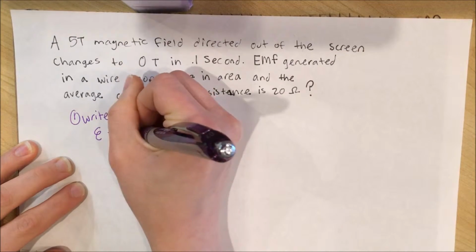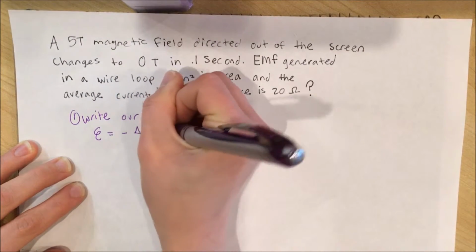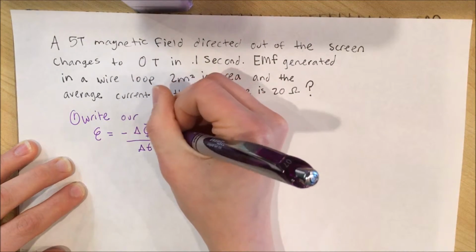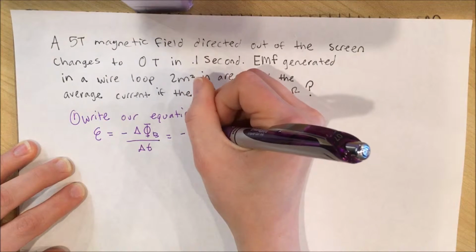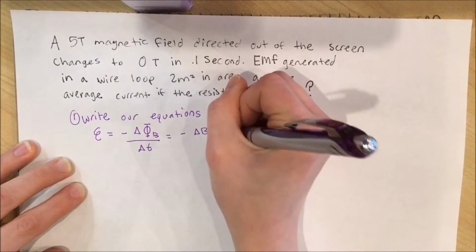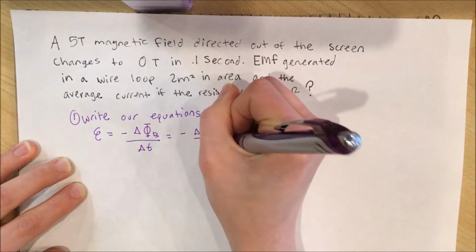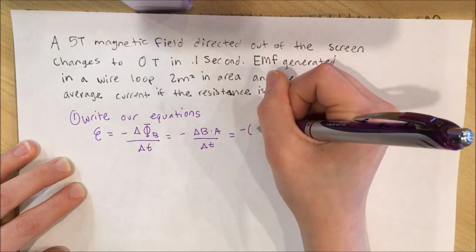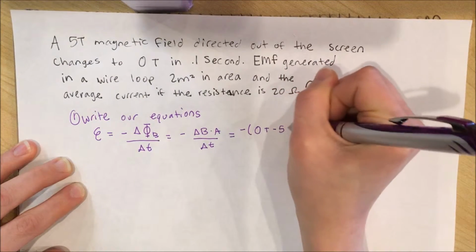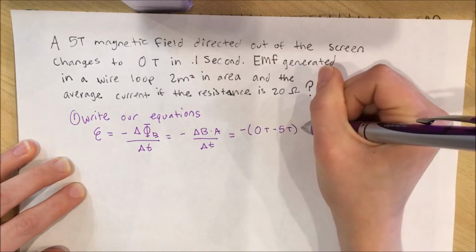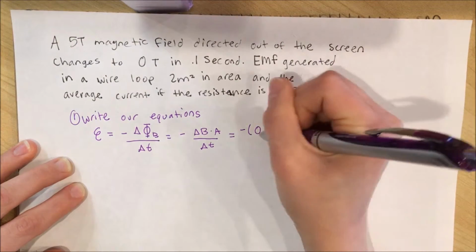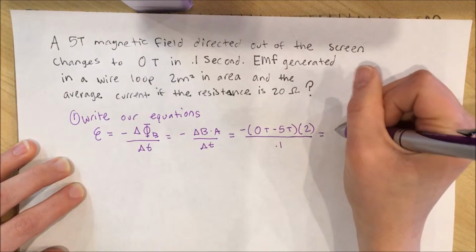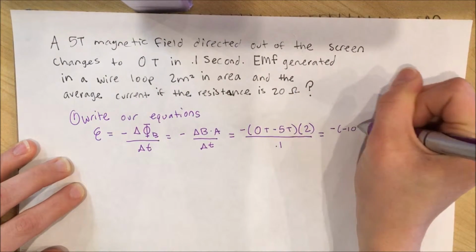So we have EMF equals the negative change in magnetic flux divided by the change in time. That would equal negative change in magnetic field times the area divided by the change in time. The algebra way is a lot better. And so this results in simple math. Just substitute. We just did final minus initial for the magnetic field times area, which is 2, given in the problem, divided by 0.1 seconds. So after a little bit of math,